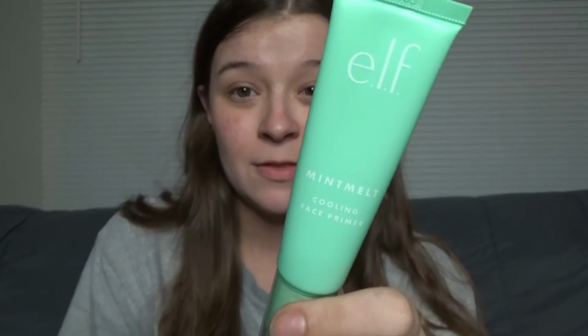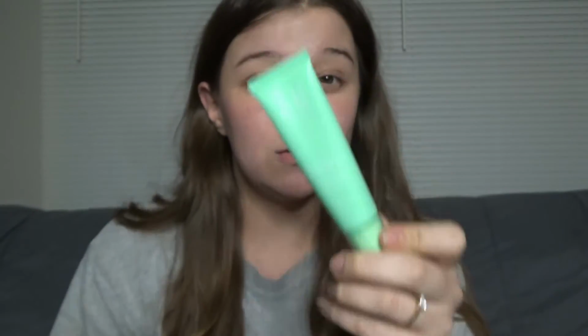My absolute favorite out of any of the primers I've tried from the drugstore is the e.l.f. Mint. And if you guys have tried the Milk Hydro Grip Primer or the Hard Candy Hydrating Grip Primer, it's the same texture. It has that tackiness to the face that really helps the foundation adhere onto it. This stuff, I don't know, maybe a year, maybe less, I'm not 100% sure, but this stuff is absolutely gold. If you're looking for a good drugstore primer that's going to hold the makeup on all day,